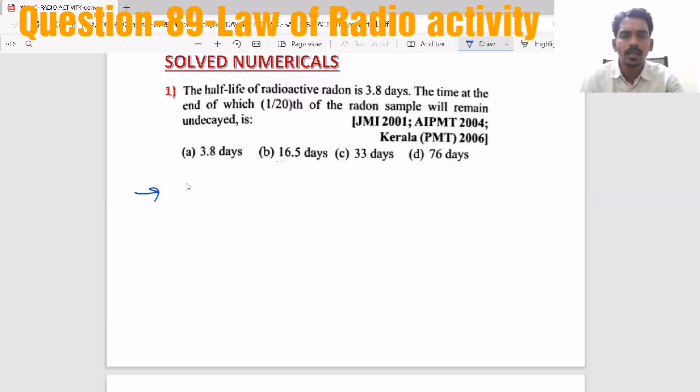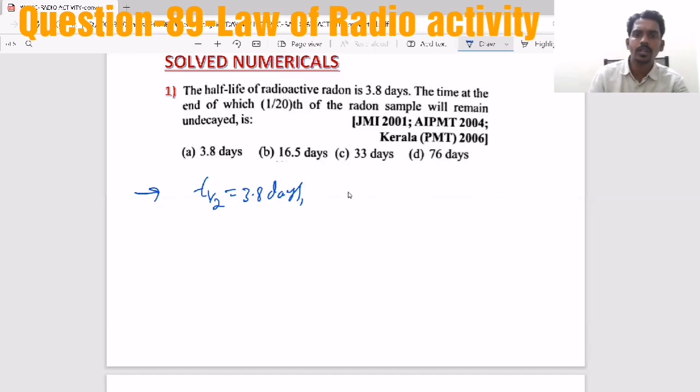The first question: the half-life of radioactive radon is given as 3.8 days. Find the time at the end of which 1 by 20th of the radon sample will remain undecayed. Now undecayed after some time is 1 by 20th, that means N naught by 20. Now N by N naught